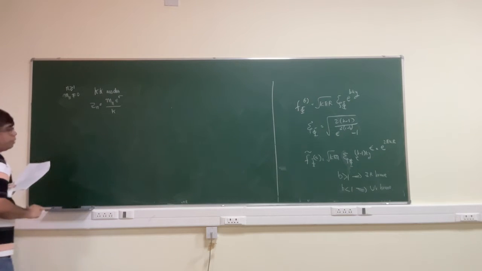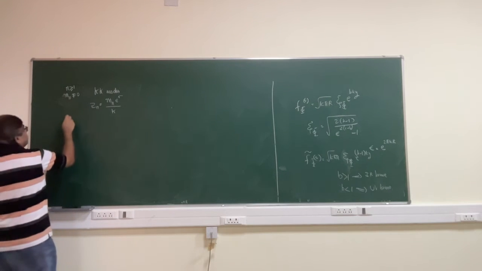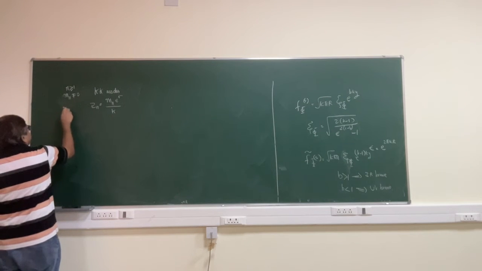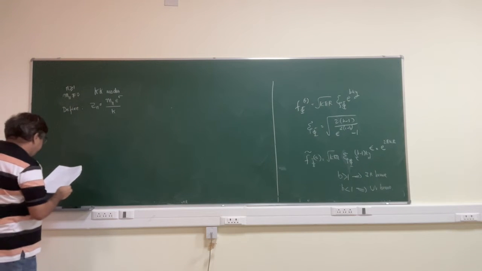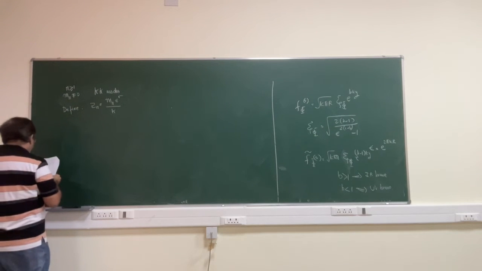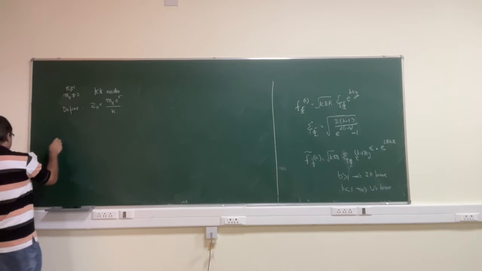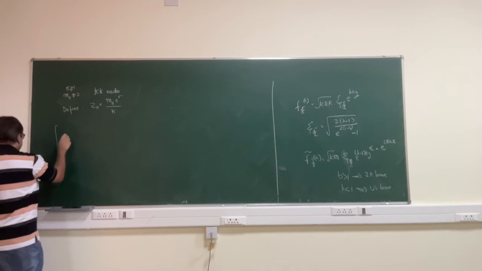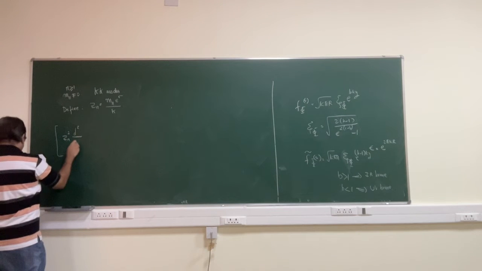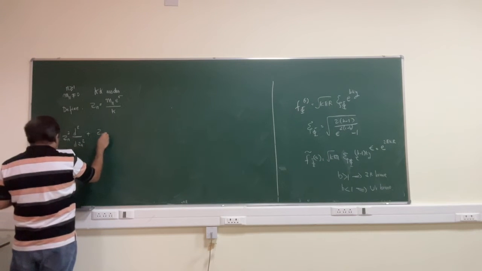So the equation of motion can now be written in terms of z_n squared d squared by dz_n squared,